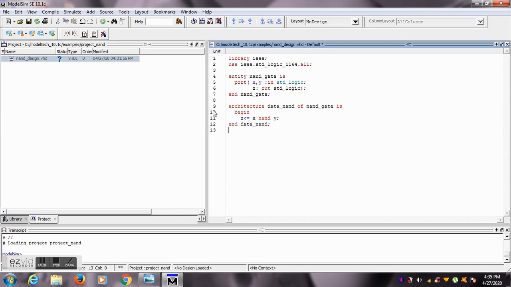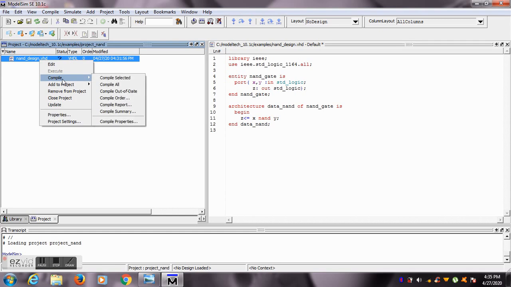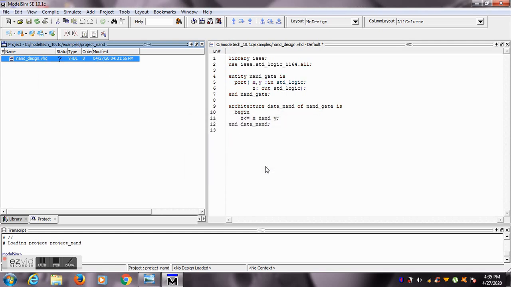So after writing our code, we have to compile it. To compile, right click on the file, go to compile and click on compile selected. So as you can see here in the transcript window, compilation was successful. That means we don't have any error in our code.